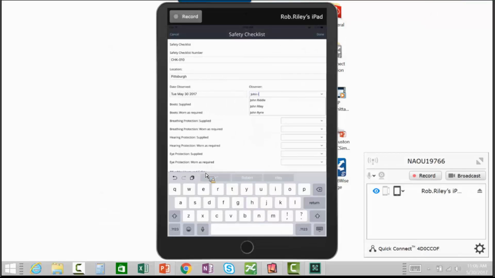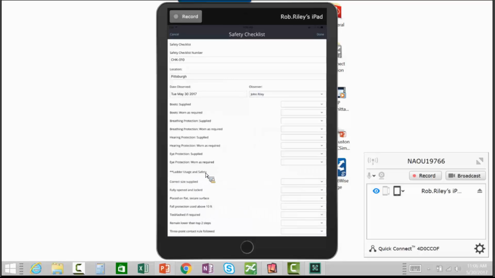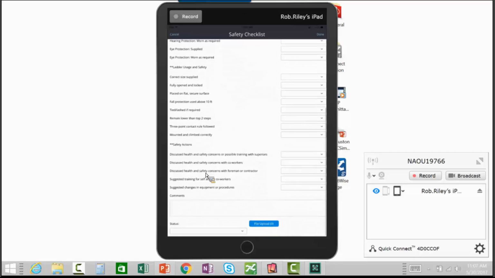And we'll just pick that right off of our list of people. And then when we define these forms, they can be set up in many different ways. You can have pop-down lists, you can have fields that you fill in, and so on. So then I can start putting in different things about that. So this is a safety checklist, so we want to put in the different things. And I'm not going to go through all of them, but you can see that can be customized to be